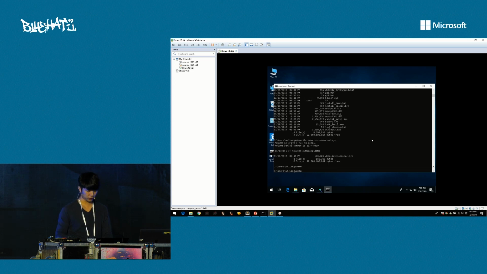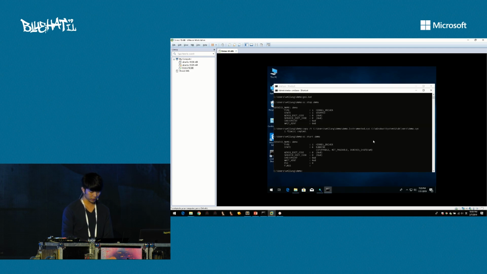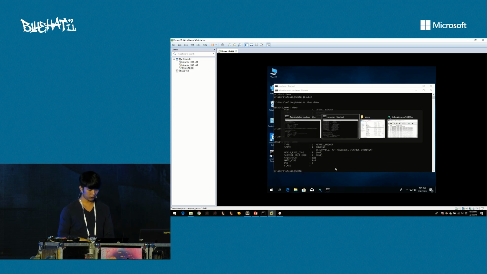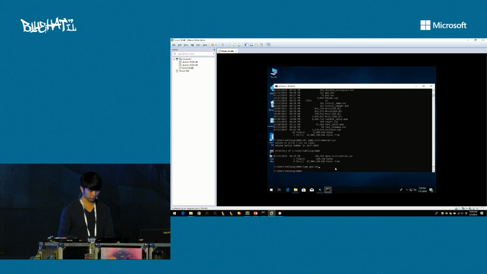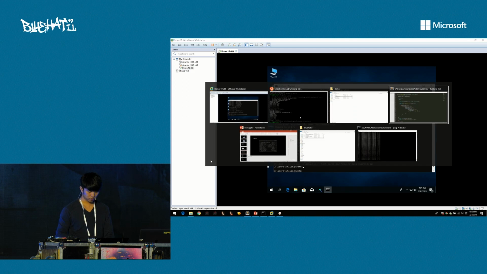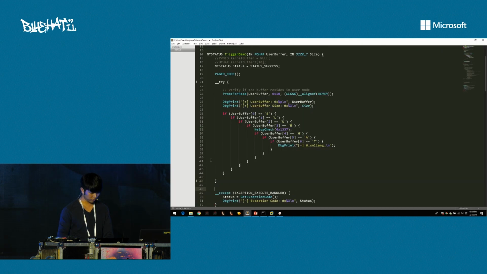Actually, I already copied it in here. Oh, the screen is a little bit small. And what you have to do now is stop the demo service, override the original demo driver with the updated binary, and then restart the demo service here. And then you can try to fuzz here. Oh, the command is too small. I think the command should be